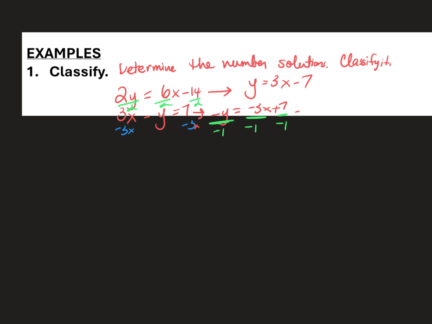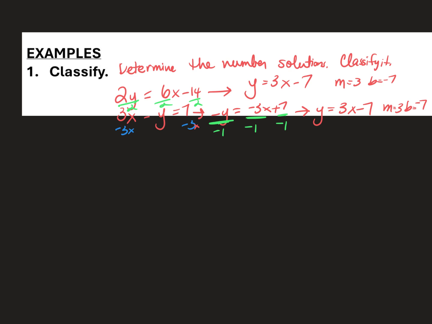So y would equal 3x minus 7. So let's compare. Slope is 3, y-intercept is negative 7. As we look at that, we need to look back at our chart, and they have the same slope